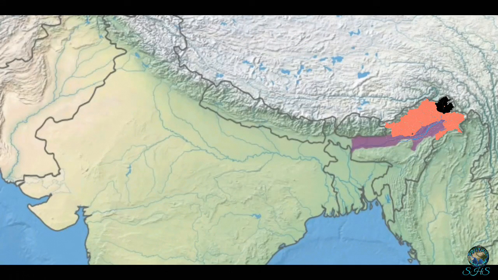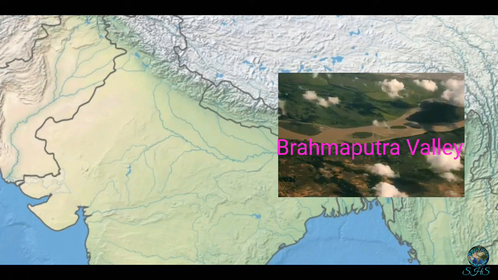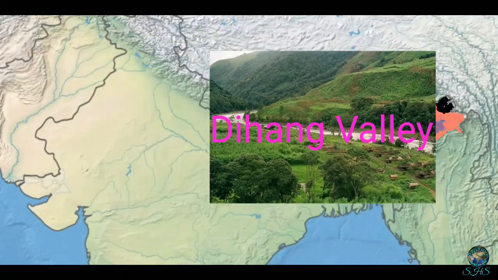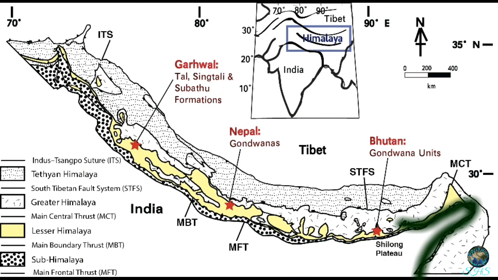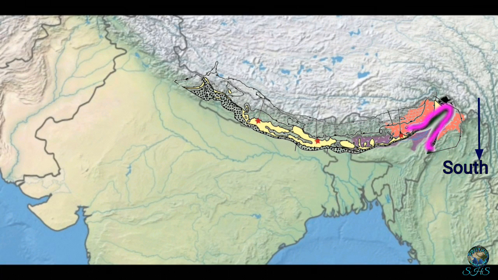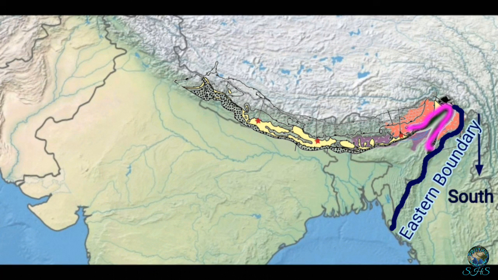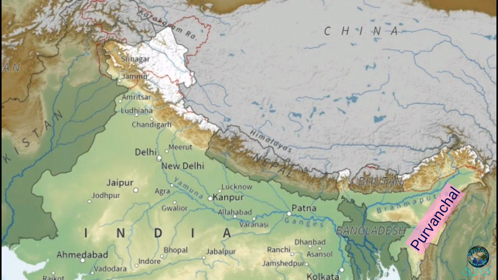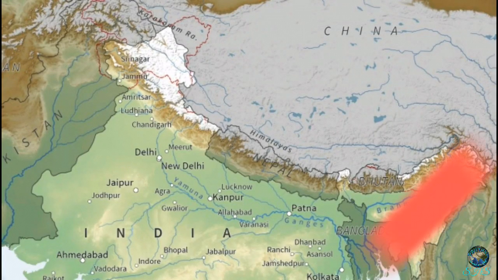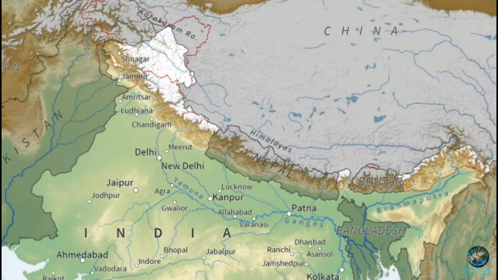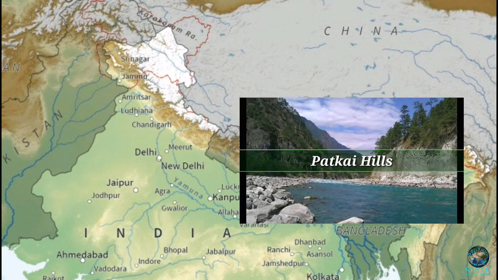The easternmost boundary of the Himalayas is the Brahmaputra Valley. Beyond the Dihang Valley in Arunachal Pradesh, the Himalayas take hairpin bend to the south and act as the eastern boundary of India. These divisions are known as Purvanchal. These are mostly composed of sedimentary sandstones. The Purvanchal run through the northeastern states and regionally known as Patkai Hills in Arunachal Pradesh,